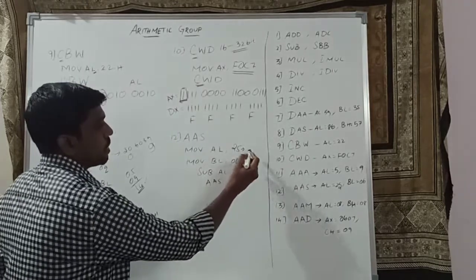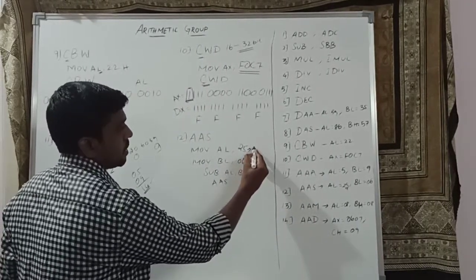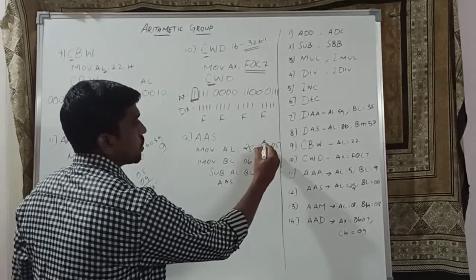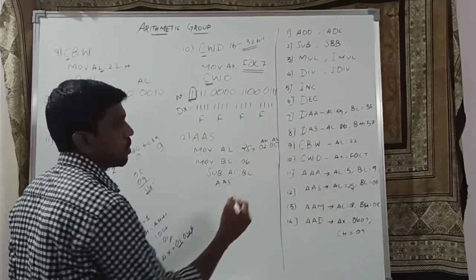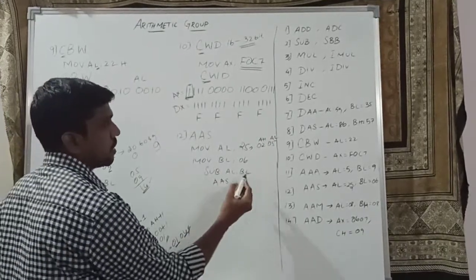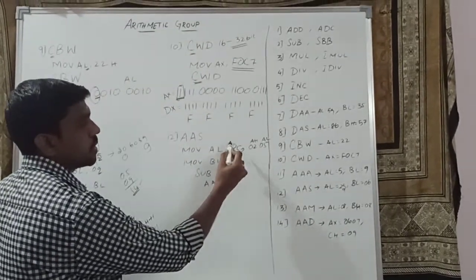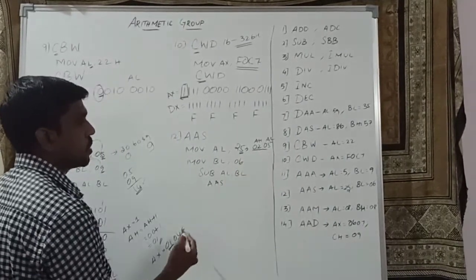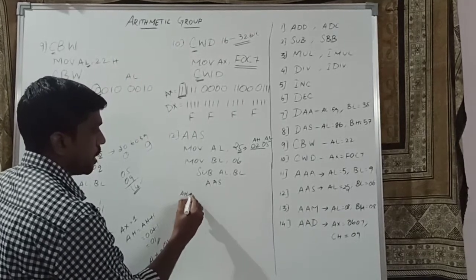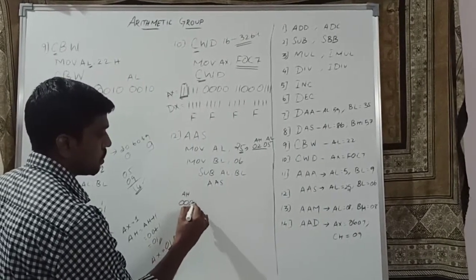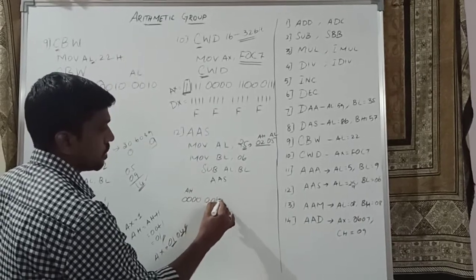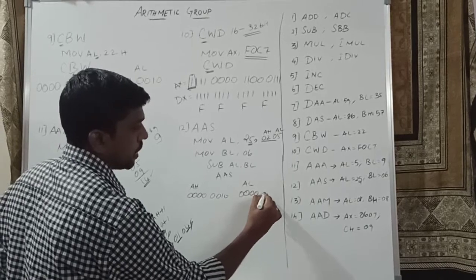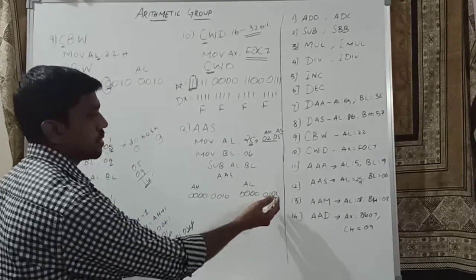First you divide it into the unpacked BCD number. Unpacked BCD number means 02 and 05: 02 is stored in the AH register, 05 is stored in the AL register. This 25 is converted into an unpacked BCD number, and the structure is 02 05. Here you write the AH value 00000010, and the AL value 05, the binary number of 5.